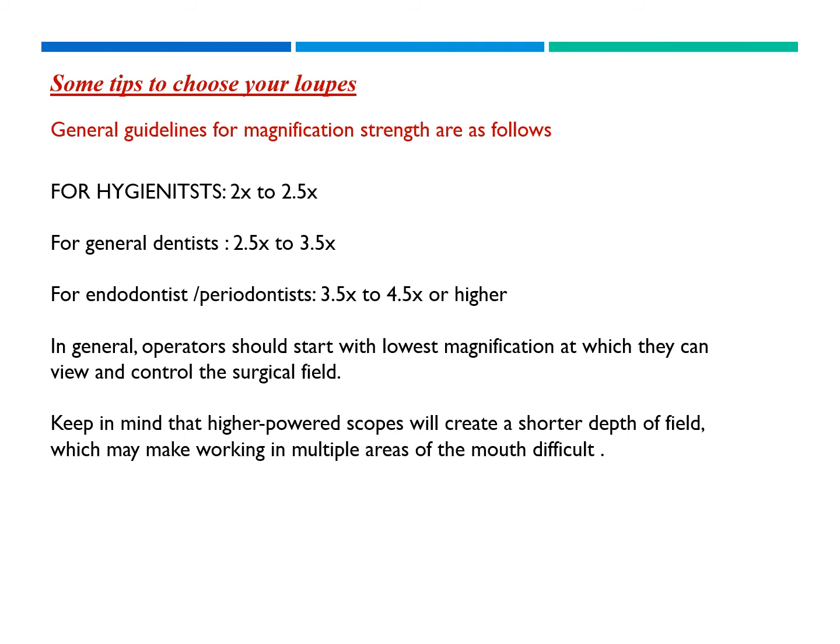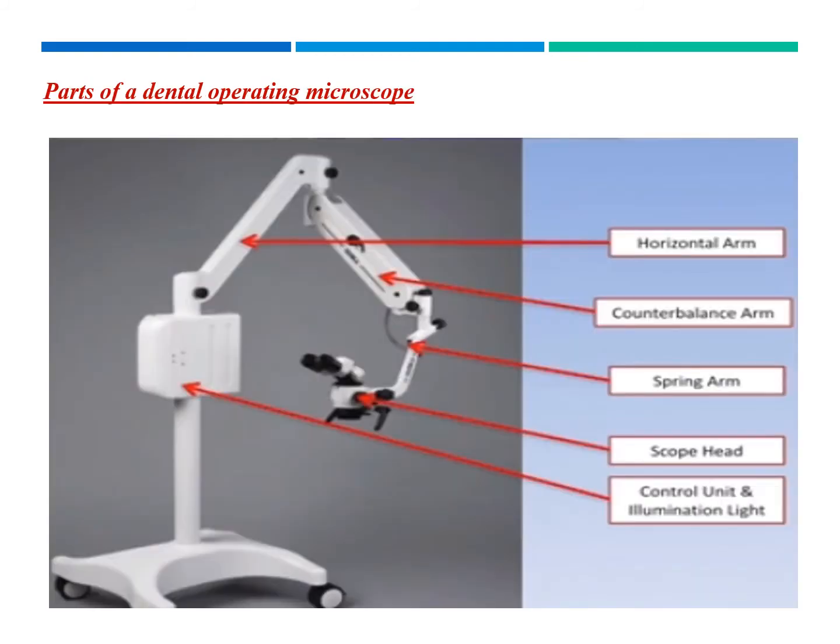This is general guidelines for magnification strength about how to choose your loupe. If you're a dental hygienist, or for a scaling purpose, you can think of investing in something with a magnification of 2.5x. Whereas in case you're an endodontist or periodontist, you can think of a higher magnification of 3.5 to 4.5x. Moving on to the dental operating microscope, we shall start with it by learning the different